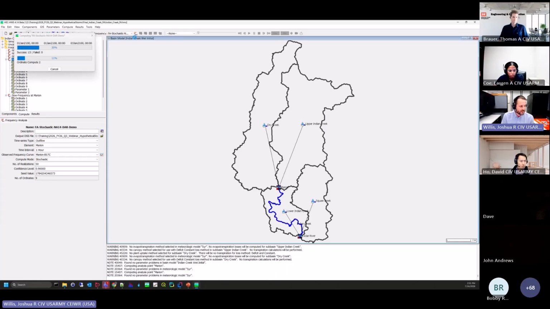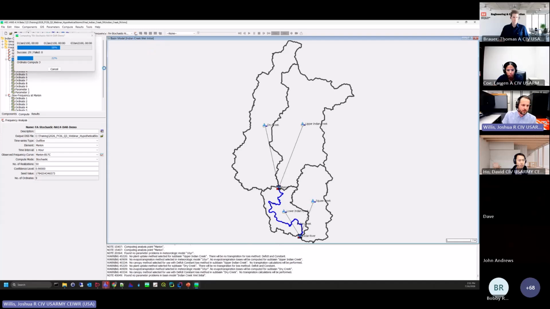Big thanks to Nick Van, who worked countless hours on parallelizing the uncertainty analysis compute. I've been able to leverage all of that hard work that he did by essentially using that same code here in the frequency analysis. So due to time here, I'm not going to let this go all the way through, but you can see, another minute or so, this would be computed. I'm going to cancel the compute